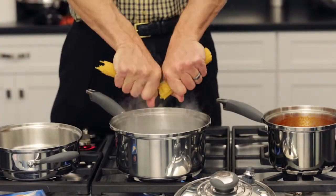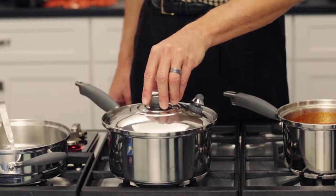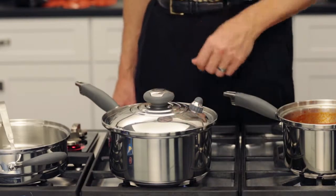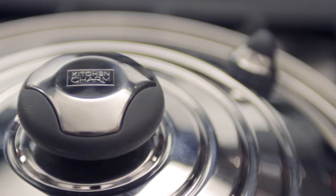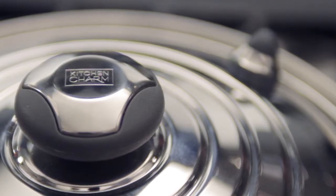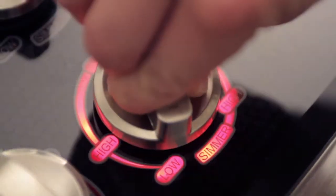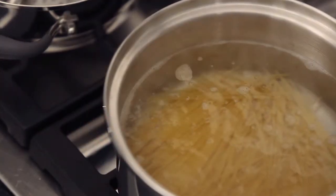Adding the pasta will drop the temperature of the water. Reduce the heat to the lowest setting, then cover the pan with the ready temp in the closed position. The advantage to cooking pasta this way is it will not heat your kitchen as it would if you were cooking in an open pan of boiling water. You also save energy by cooking on low, and the pasta will not stick to itself even without adding oil